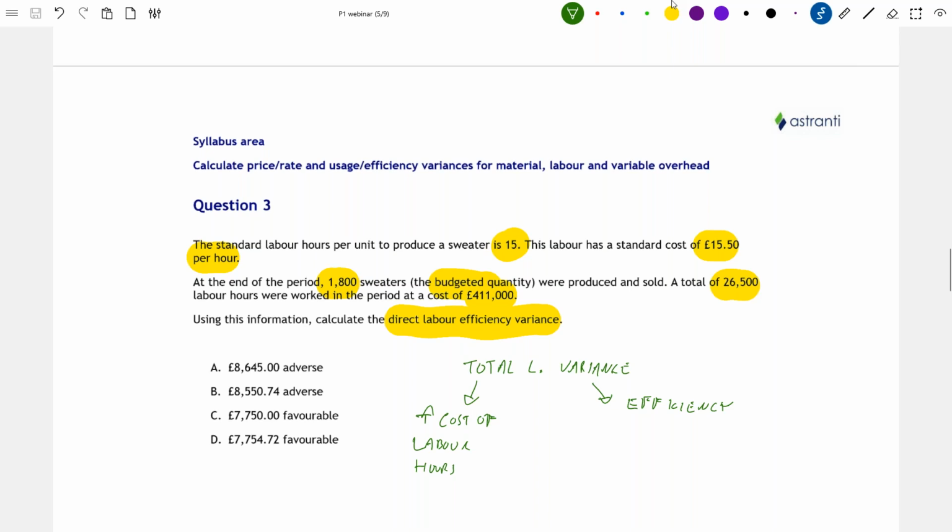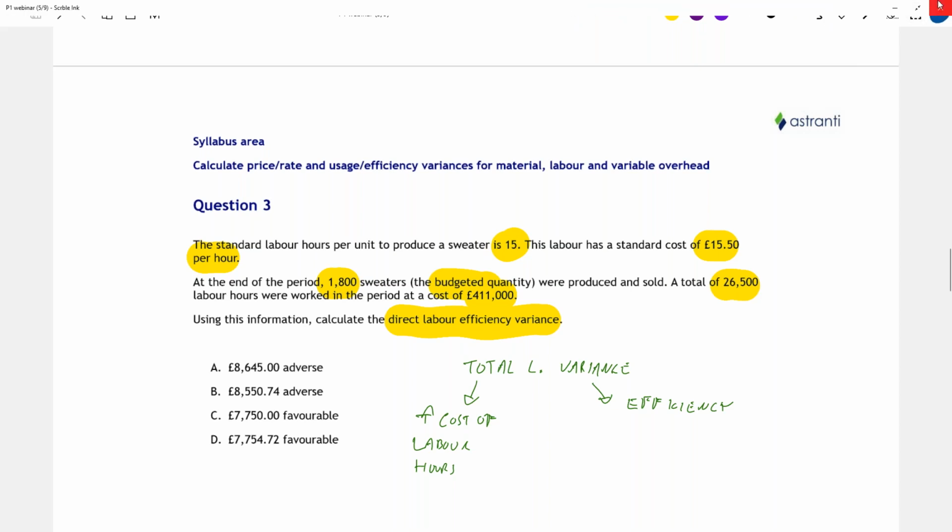So in order to see how all of these variances work together, let's go through each of these one by one. Now, you won't be going through all of the variances in your exam. You're only going to be focused on the one the question is asking you about. But for the purposes of teaching, it's probably better to look at how the whole system all interrelates. So let's now